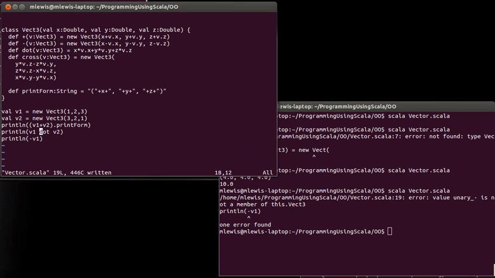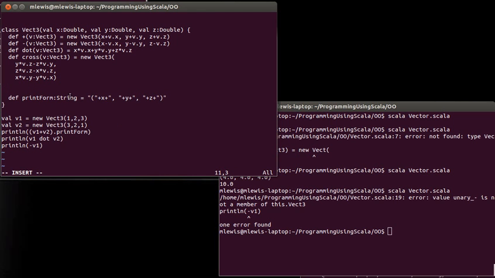How could we define that? Well, it can't just be a minus, because that's what we did here. And it can't even be a minus with no argument, because then it would need to be v1 followed by a minus. And we want this to be prefix, because these things generally are prefix. So this is a truly special method. In some ways, the normal operator methods weren't really special. It was just that Scala has a broader set of allowed names. But for the prefix unary operators, this is special. If there is a method that starts off with unary, followed by underscore, followed by the symbol that you want,